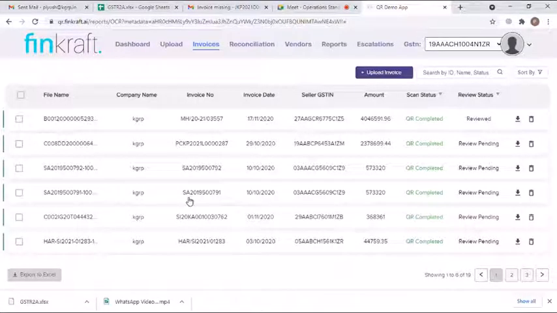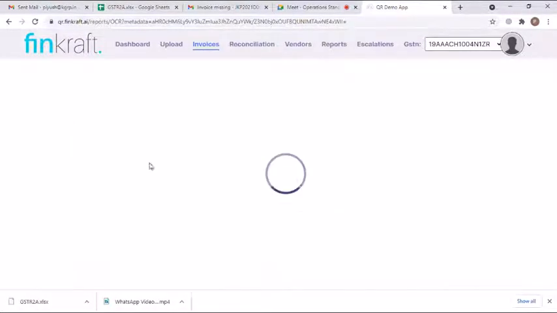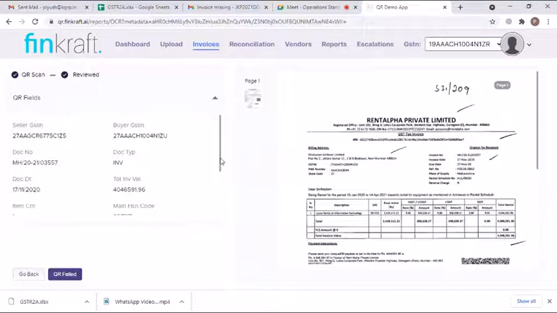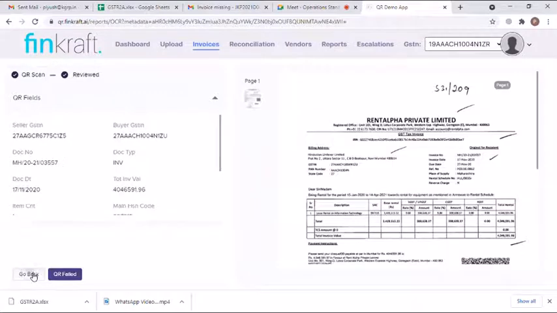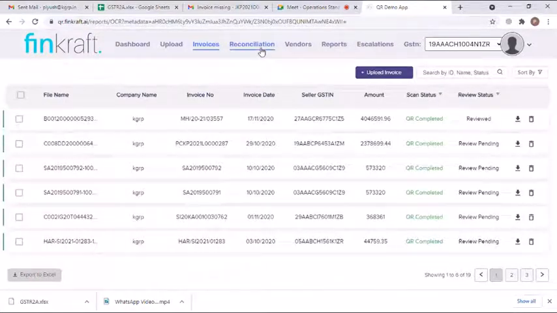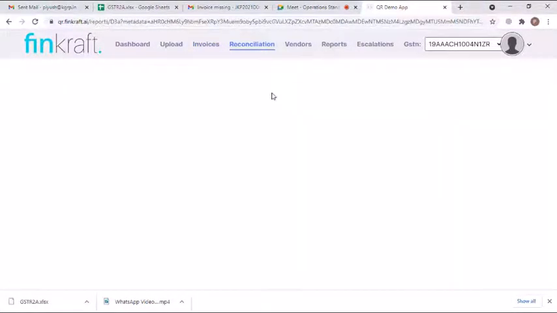Okay. What next? The tool has all the three data sets now. What does it do next? Step 1. It will read the invoices, extract the data from it. See this. The data is being extracted. Then the auto reconciliation will start three-way and you can see the multiple mismatches and the errors.